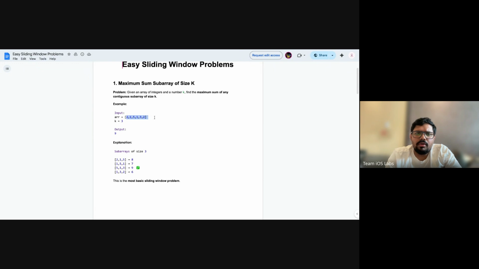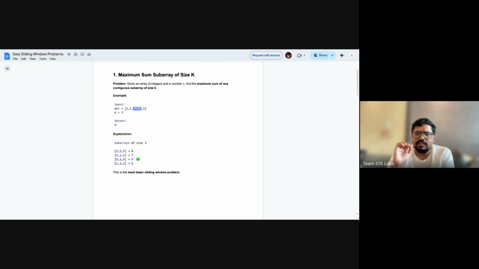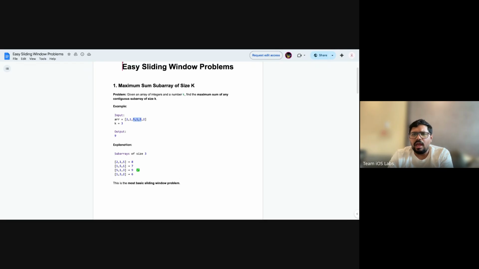So here you can see the problem. Here you have an input array, and a fixed size is given, which is k, and k here is 3. So in every subarray of window size 3, you check what's the maximum sum you are getting. You start again with 2, 1, 5, and you check here, and then you end up with the actual maximum sum you're getting, which is basically 9, right? So you can simply solve this with the sliding window pattern. I hope you already got the algorithm. So this is a very easy problem.